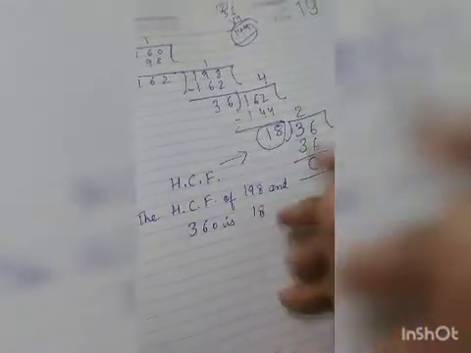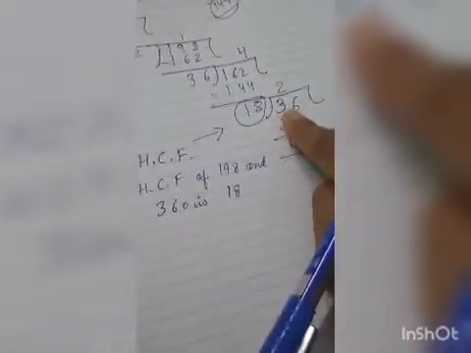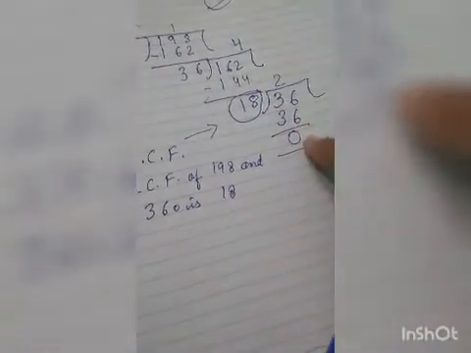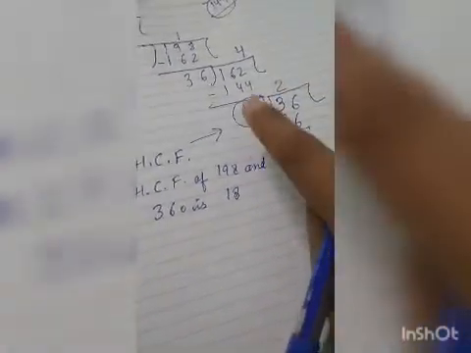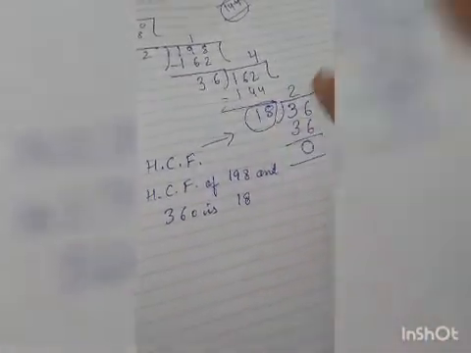The number by which we divide our dividend and get remainder 0, that number is our highest common factor. Now we will practice one more question. For example, we have to find the HCF of 30 and